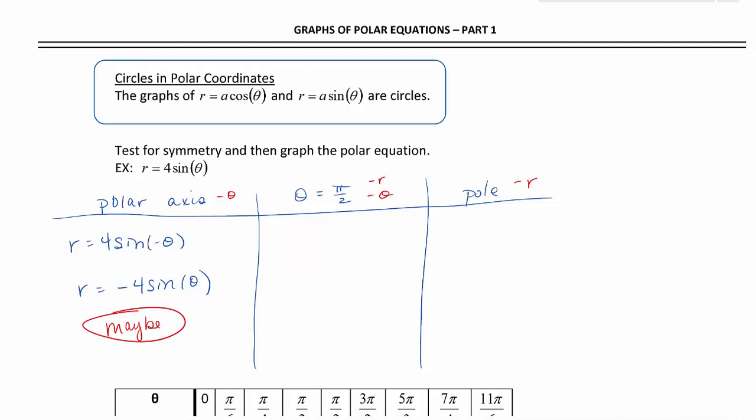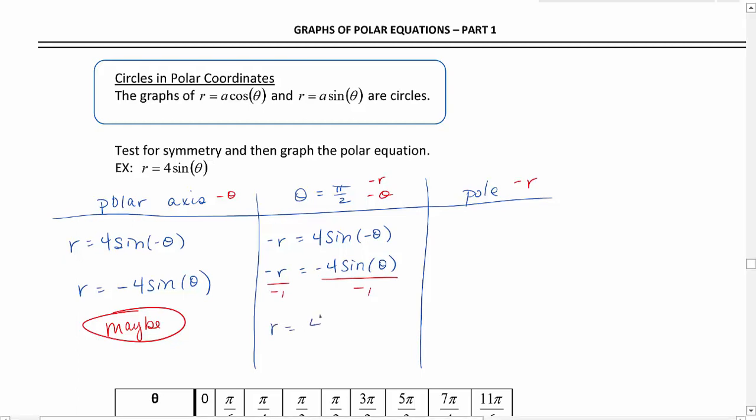For testing theta equals pi over 2, we're going to replace both. Negative r equals 4 sine of negative theta. Our negative angle identity changes our right side into negative 4 sine of theta. And if we divide both sides by negative 1, we get r equals 4 sine of theta, which is our original. So our graph is going to have symmetry with respect to the line theta equals pi over 2,